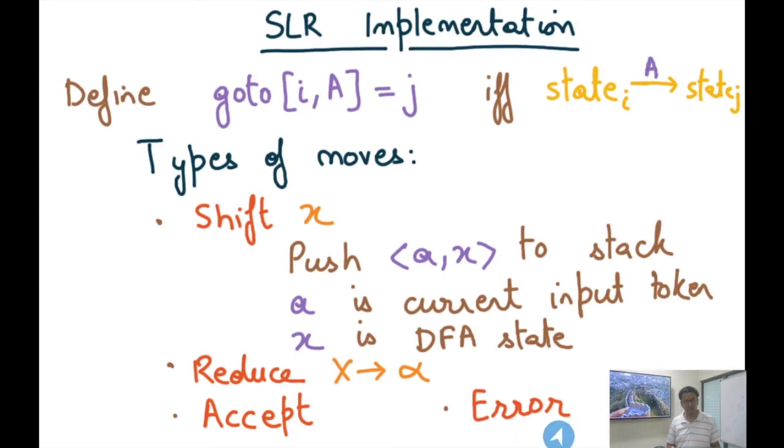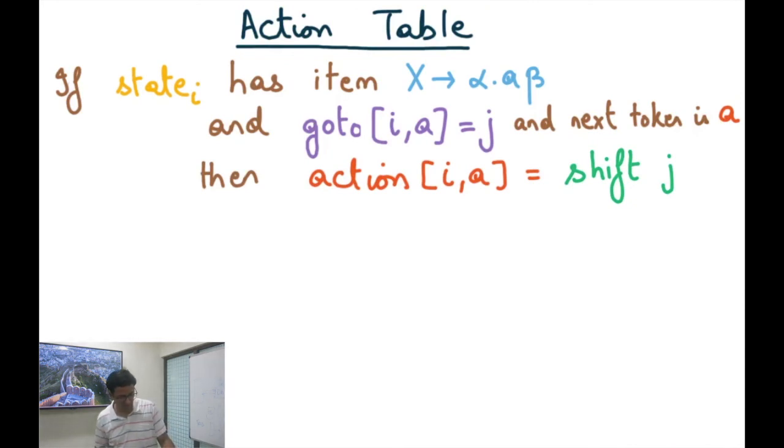Similarly, there's an error state, and we already know what an error state is. If at any point the shift reduce parser has neither a shift possibility nor a reduce possibility, then I'm in an error state, and we know why it can happen. If I shift, I don't have a viable prefix, and if I reduce, I also don't have a viable prefix, and that would be an error state. Okay.